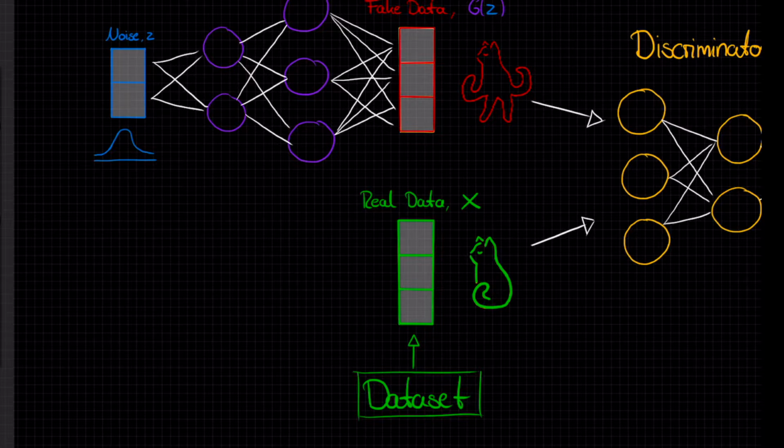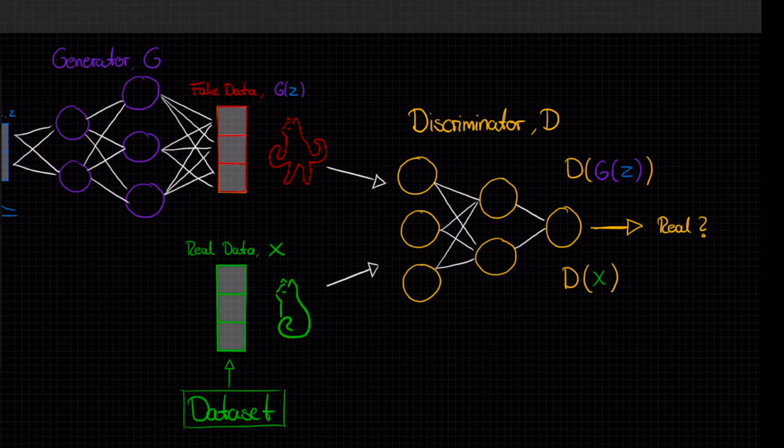Next to the fake data, we have real data, which we take from a dataset. The discriminator now takes either fake data or real data as an input, and its job is to predict whether the input is real or fake. So a good discriminator would predict for our real data x a value of 1, indicating that the data is real, and for G of C, so for our fake data, the discriminator would predict, if it's good, a 0,